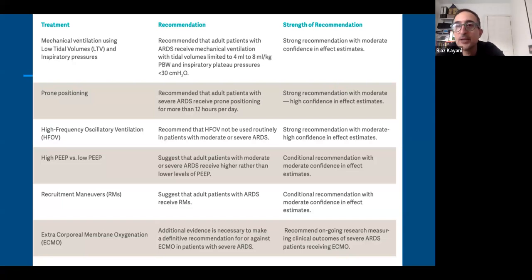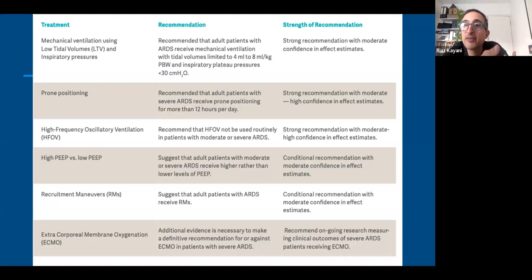High frequency, as I said, in adult practice almost disappeared completely, but we still use high frequency. High PEEP. And recruitment maneuvers are essentially physical acts that you can perform to try to recruit the lung. As you know, there's this thing called lung hysteresis, which is another subject in itself, but essentially the lung performs very differently if it's recruited or de-recruited. And so what you try to do is certain maneuvers that might help to recruit the lungs.